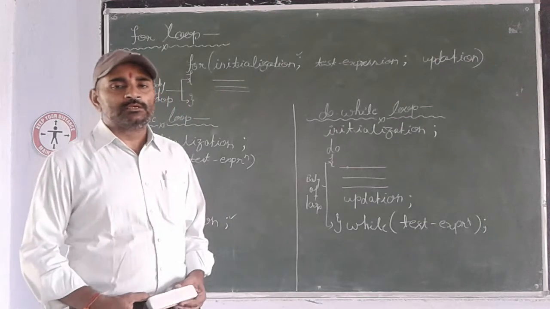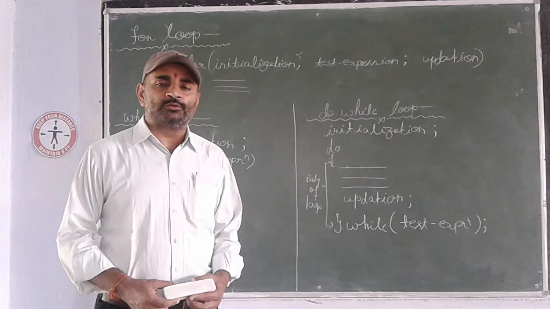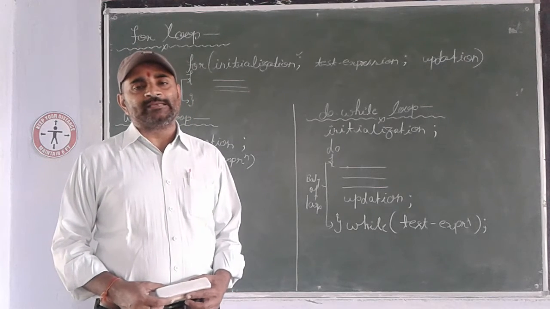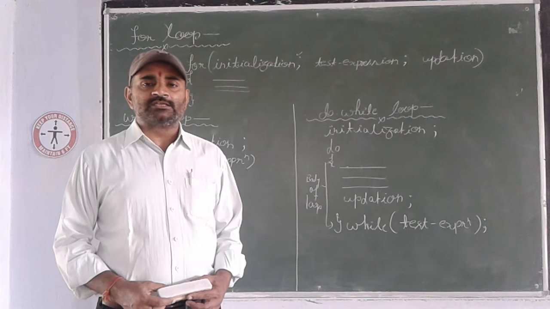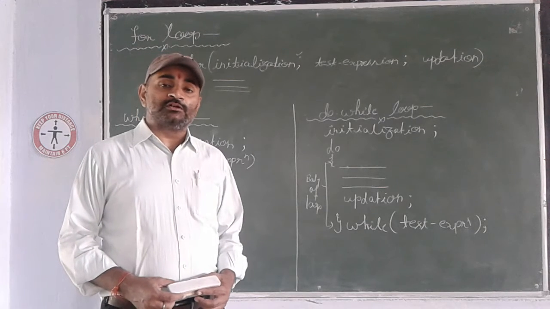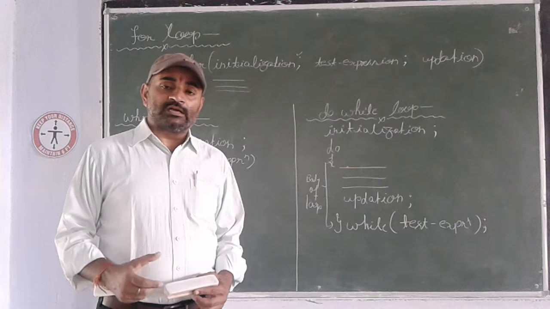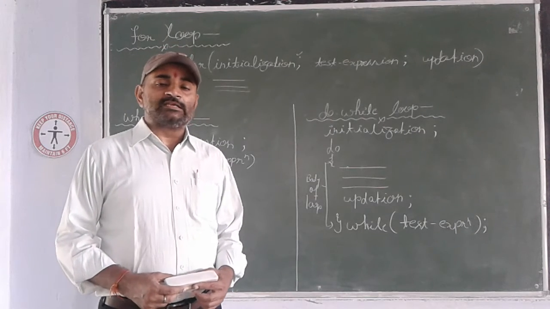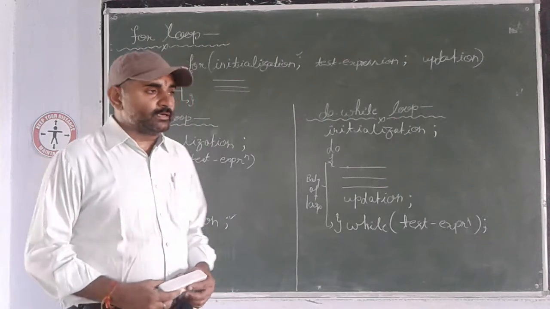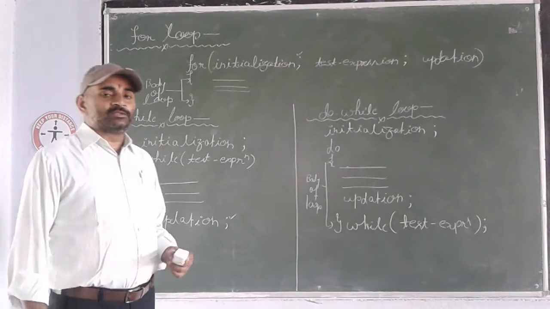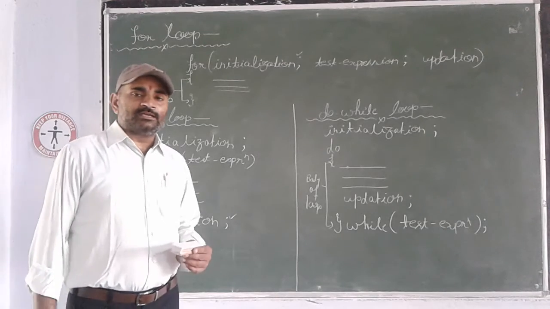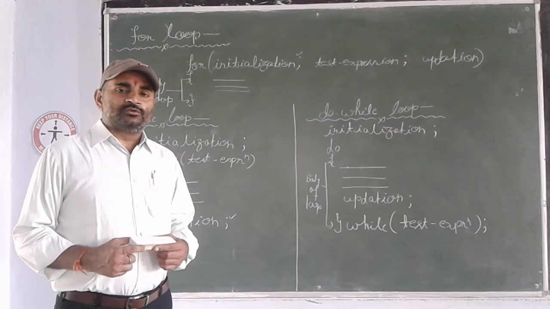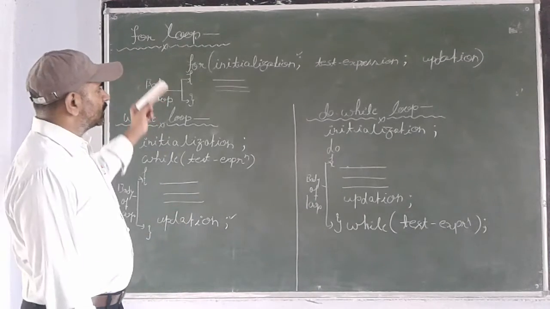Hello students, you are going to learn about the entry controlled loop and exit controlled loop in detail. In the previous class, you learned the introduction of iterative constructs and what things are required to form a loop. Here, first you can see the syntax of the loop, then after this, we will take an example. So, first you see the for loop.